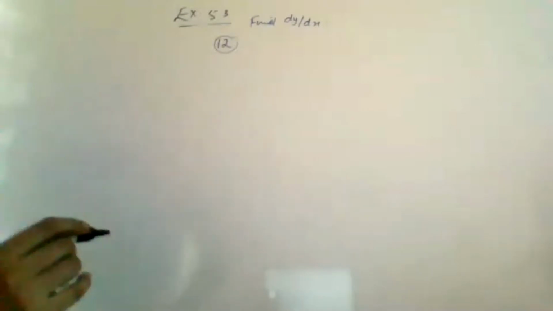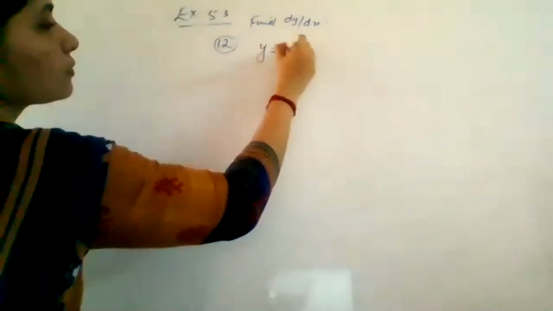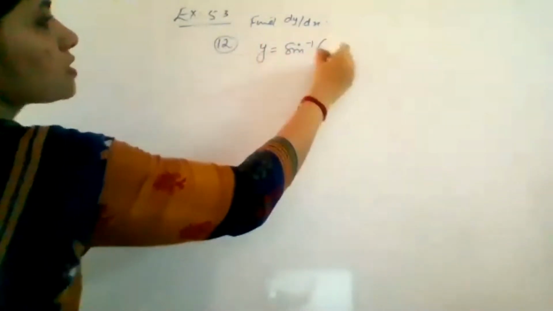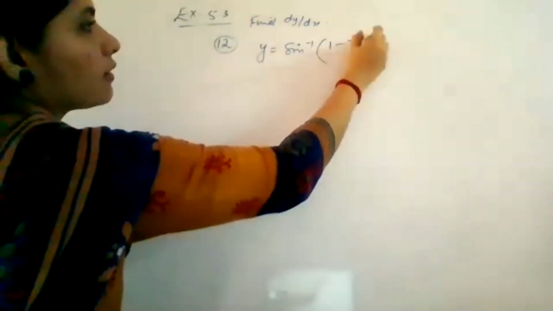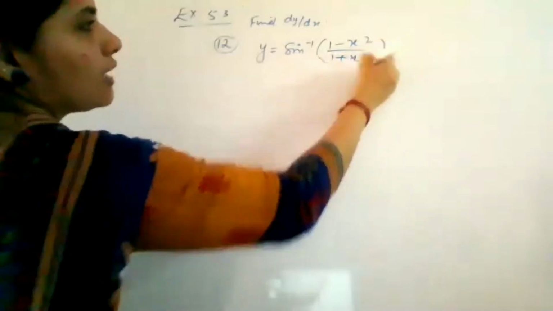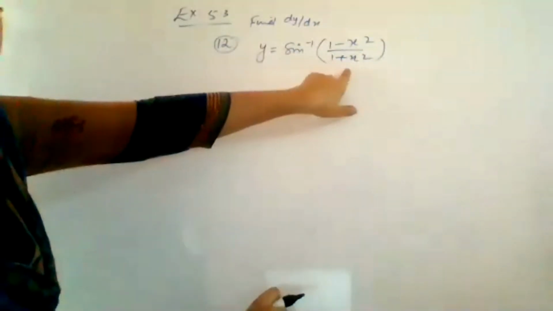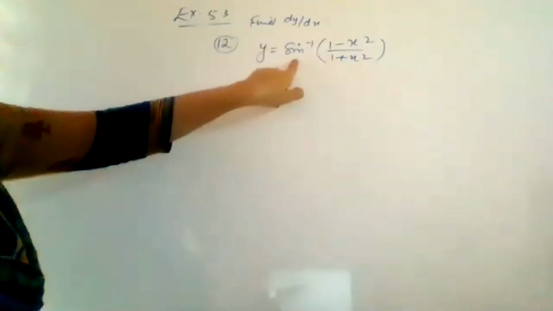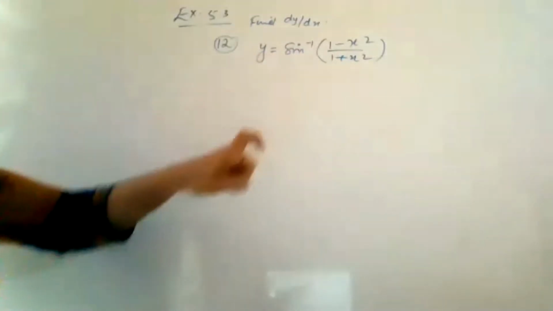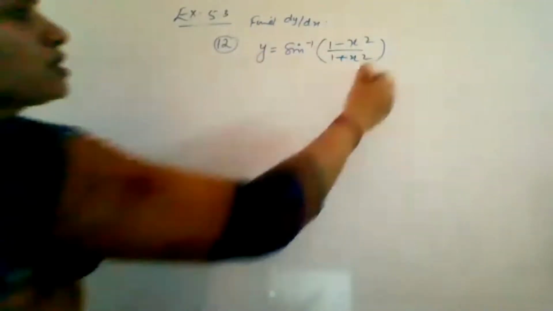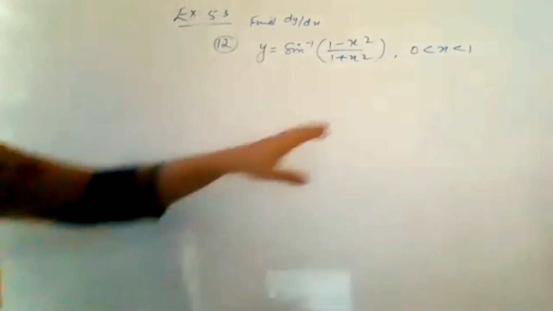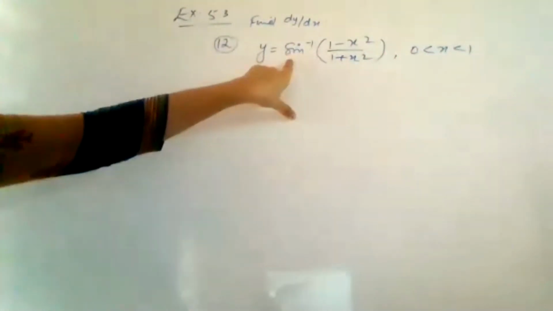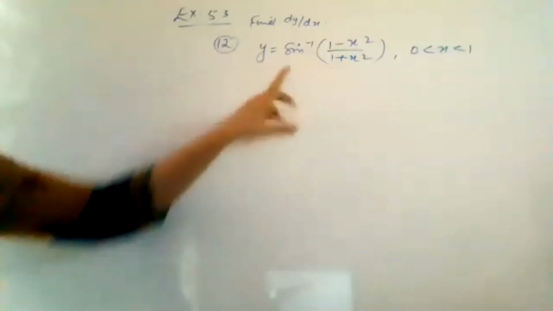Well, y is equal to sin inverse of (1 minus x square) by (1 plus x square). So what we have dealt with in the other problem, the same angle is here. But the thing is, here you have sine inverse, so there is a slight change in the procedure. Since we have sine inverse, inside also we have to get sine of something.